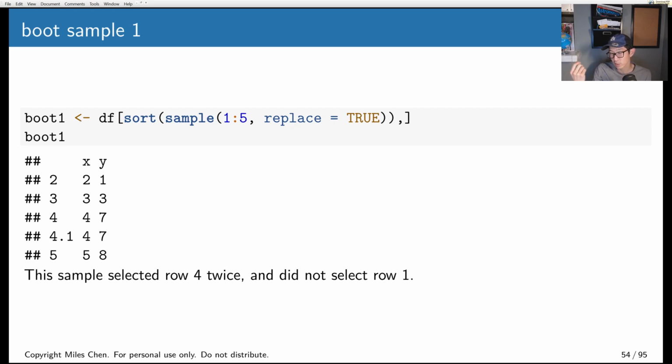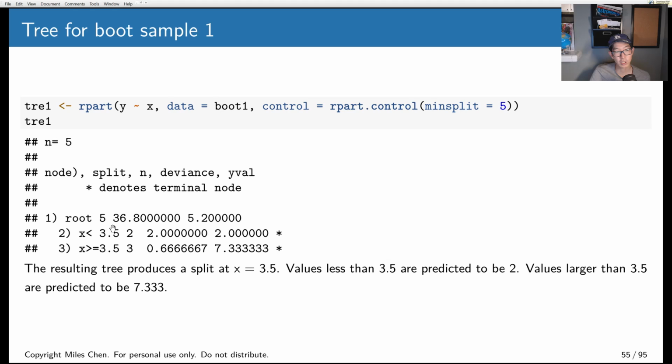So I draw an observation and I put it back in, and so what happens is sometimes I draw the same observation more than once, and I won't draw some observations at all. And so when I resampled my data, I ended up drawing the 4th observation twice, and I never drew observation 1. So this is now my resampled data, and I say, okay, if this is my data, what should my tree look like? So I fit a decision tree,